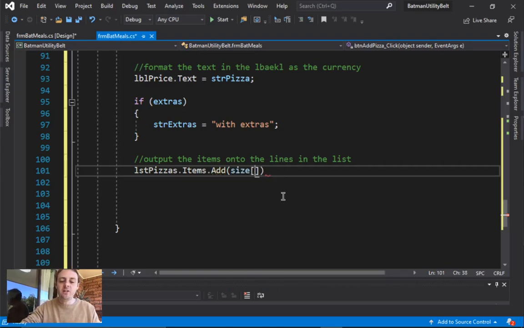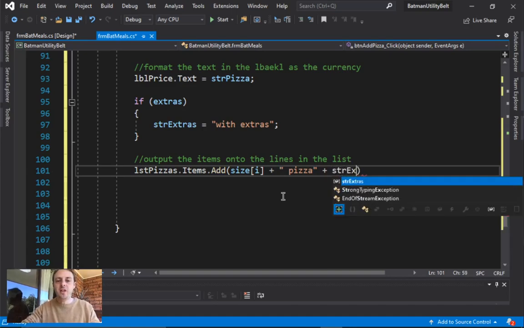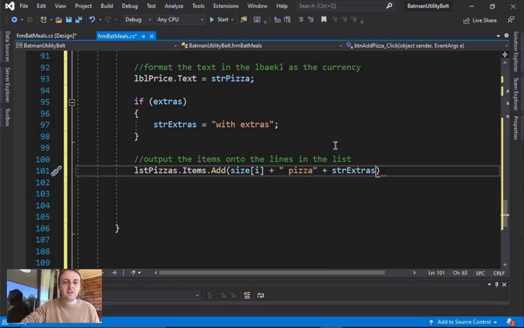Whatever size the user chose, whether they had 0, 1, or 2, which points to small, medium, or large, we're going to choose that. And I'm going to say it's a small, medium, or large pizza with the extras if that part of it was there or not. Now, string extras was going to be blank if they didn't have extras on it. Plus,